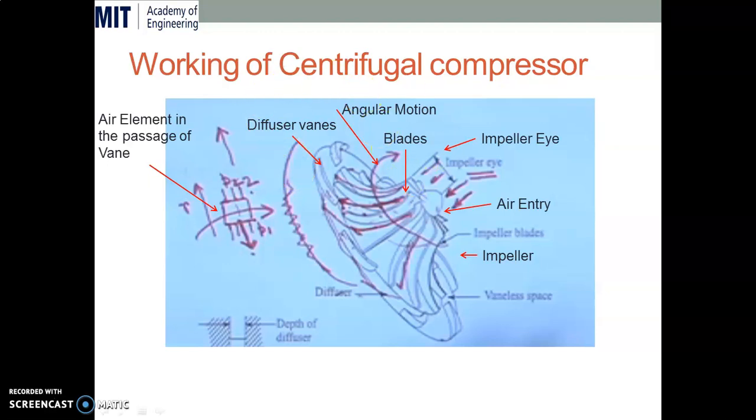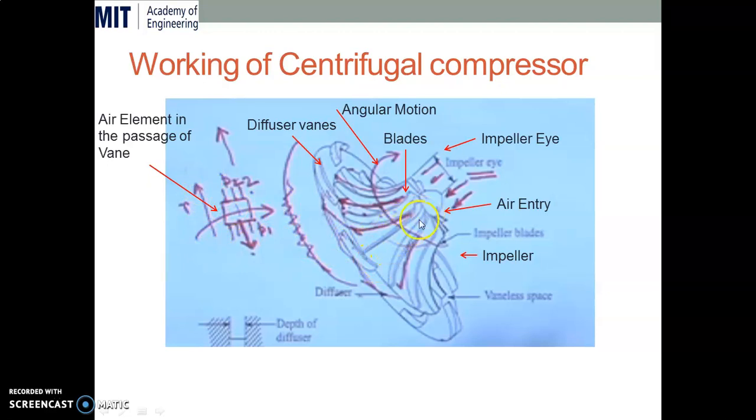Got it? We'll try to understand why this compressor is called a centrifugal compressor. You know the reciprocating compressor, which you generally observe at the pumping station to fill air in the tires of vehicles, and below that there is a big cylinder to store the compressed air. But why is this particular compressor called a centrifugal compressor? If you take a small element of air in the passage between the blades, we can see this element is acted upon by two velocities: one is the angular velocity and the other is the radial velocity.